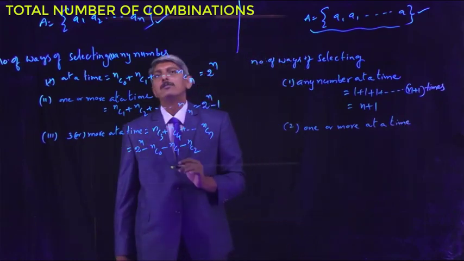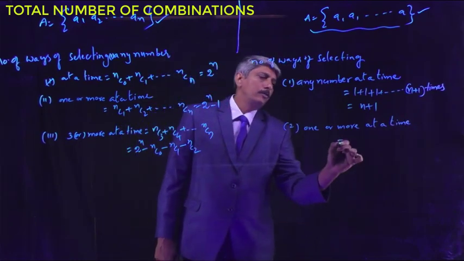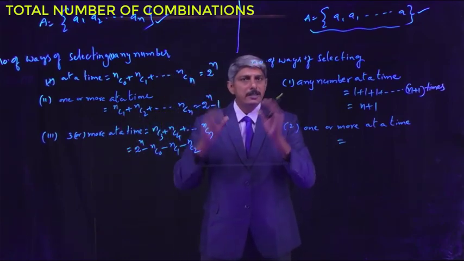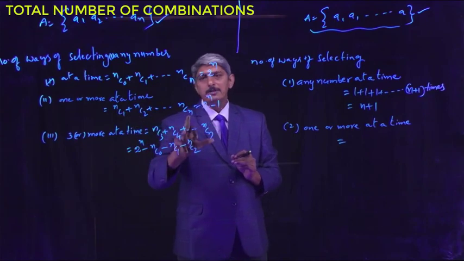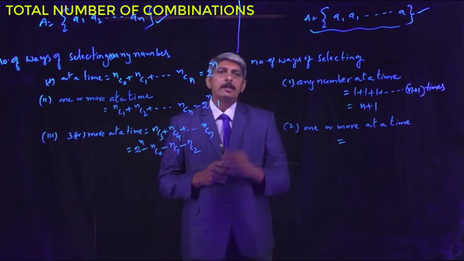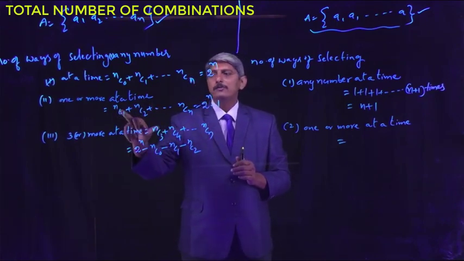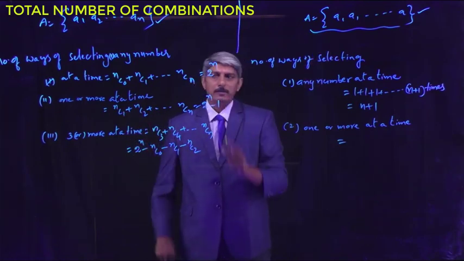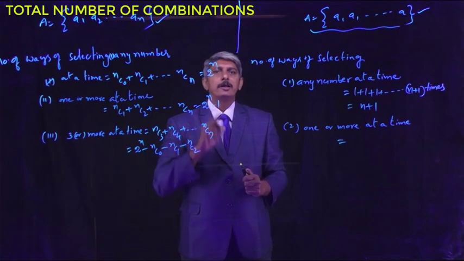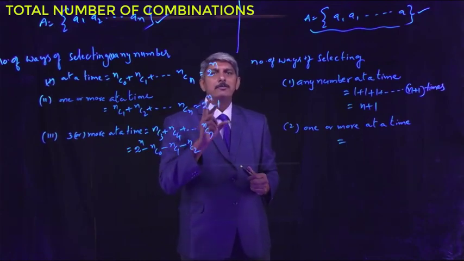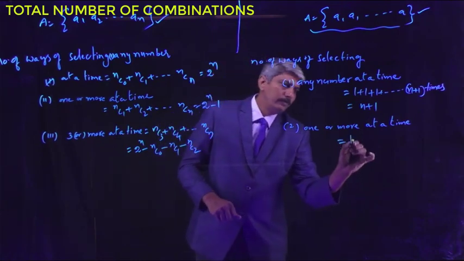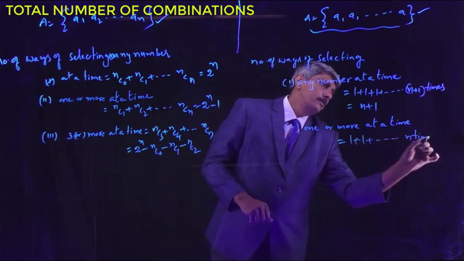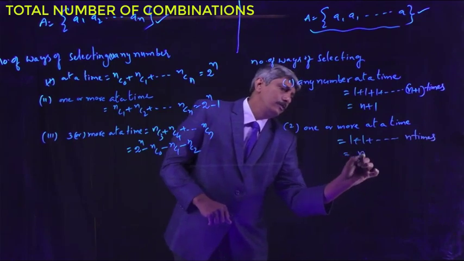One or more at a time. So this is equal to nC1 plus nC2 plus and so on up to nCn. How many terms? There are n terms. Now what about the value for each term when n things are alike? That is only 1. Therefore, here there are n terms, and each term value is 1. Therefore 1 plus, n times, is equal to n.